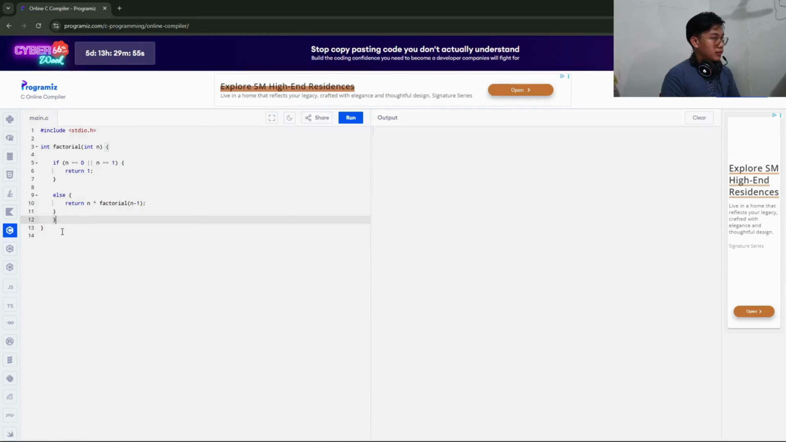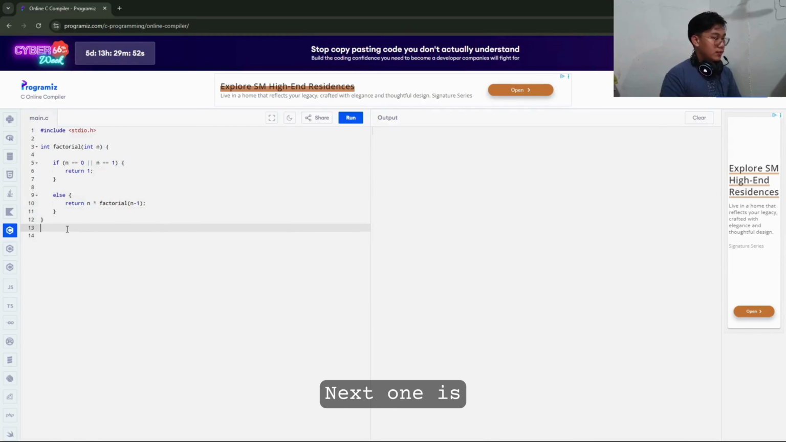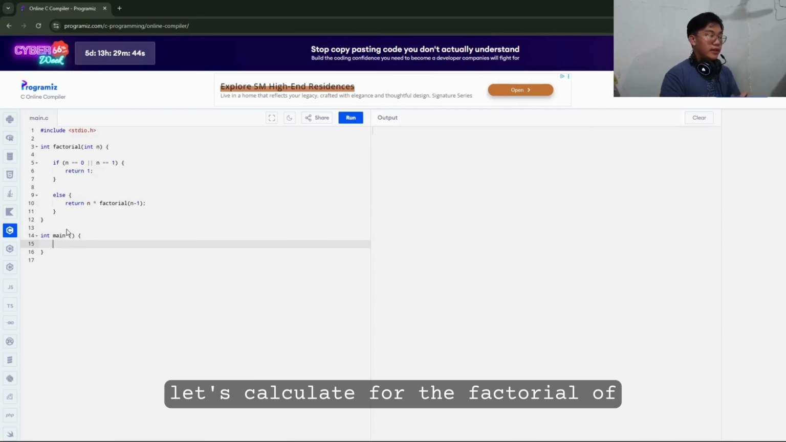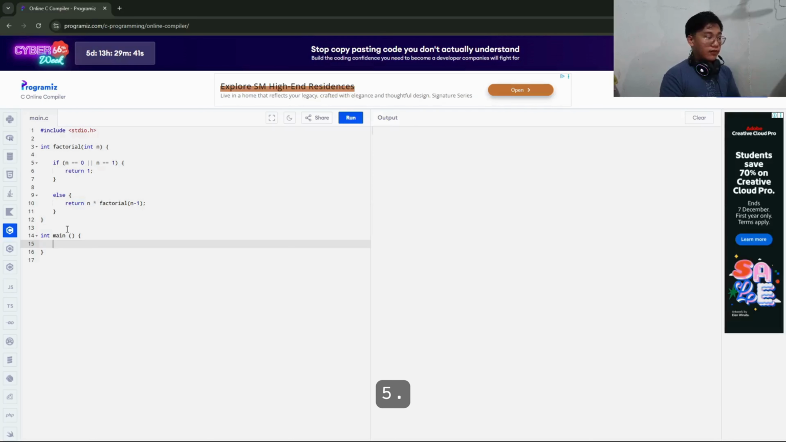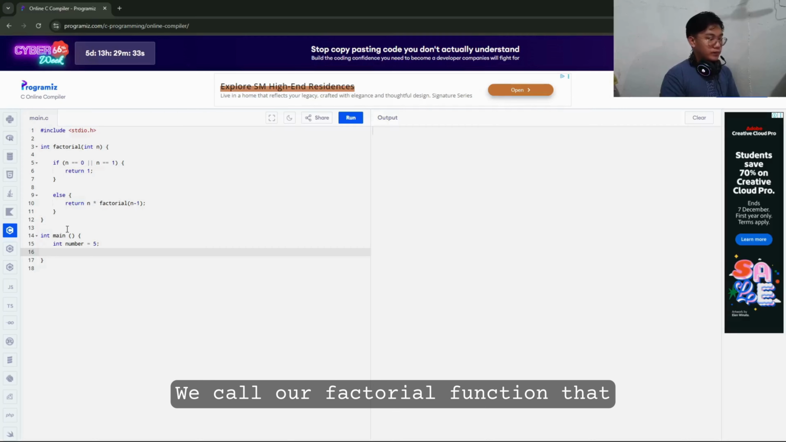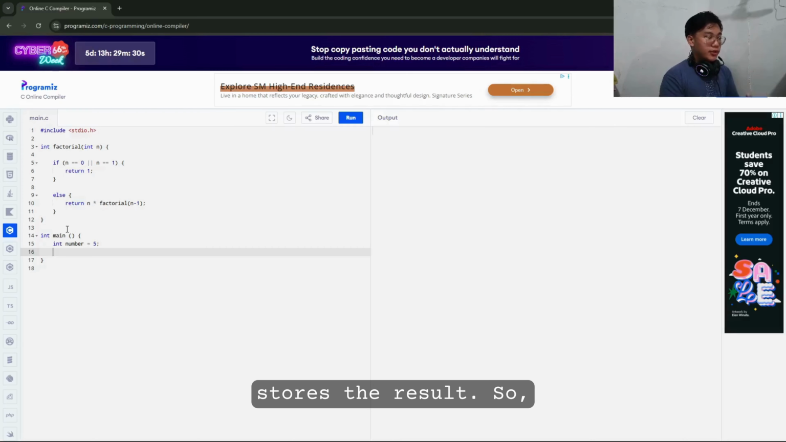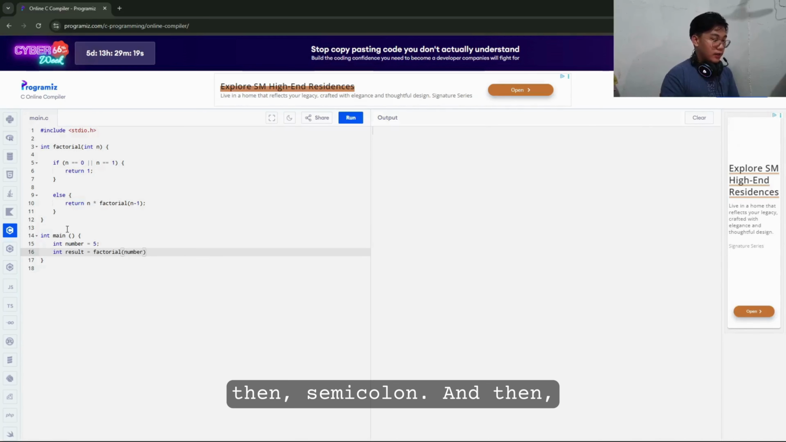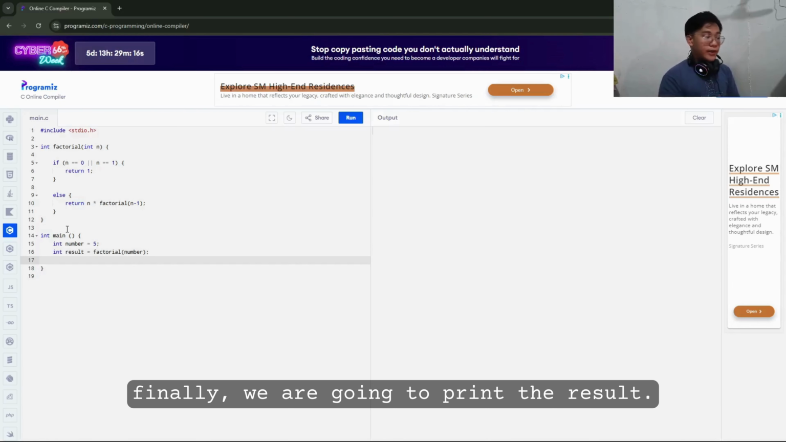So next one is int main, then curly braces, and then let's calculate the factorial of 5. So int number equal to 5, semicolon, and then we call our factorial function that stores the result. So int result equal to factorial, and then number, and then semicolon,